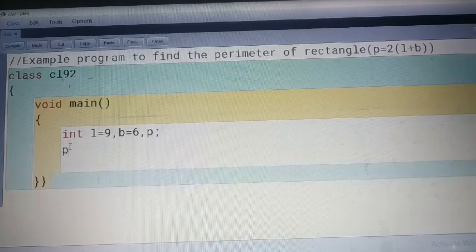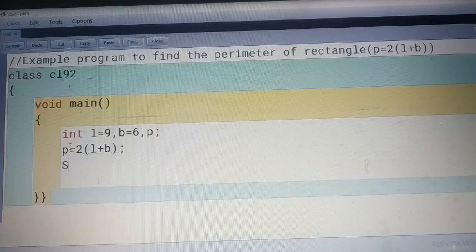You will call P equal to, and now see the mistake normally students write in the examination sheet. 2(L plus B); after that they try to print: System.out.print.